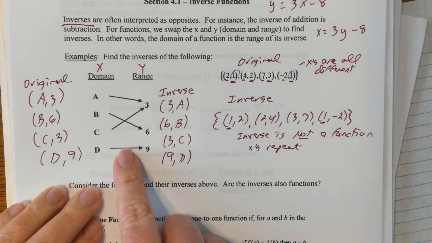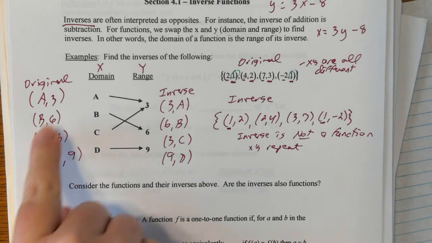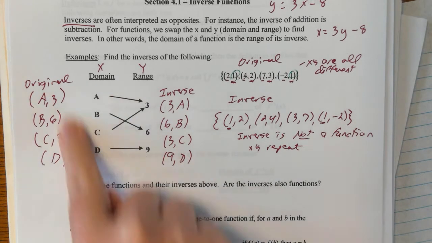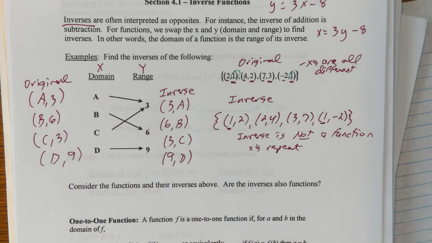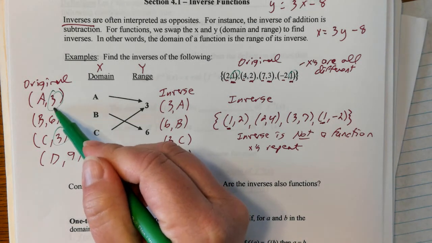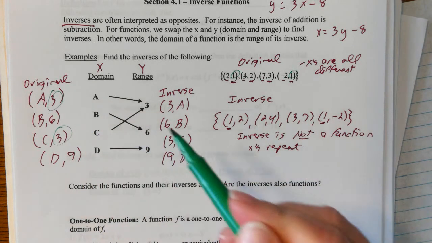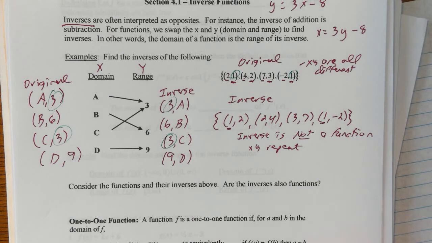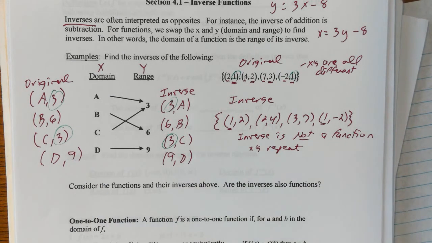Let's look at this first one. The x's were all different, A, B, C, D. The original is a function. The y's, however, had a repeat. There was a repeat of 3. So even though the repeat is in the y's for the original, when we get the inverse, that repeat is in the x's. So in these two cases, even though the originals are functions,